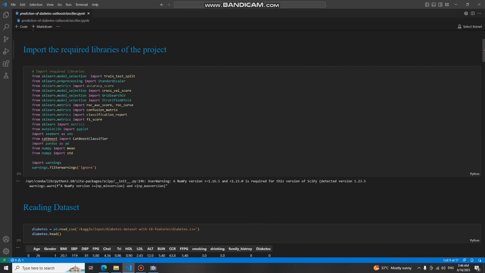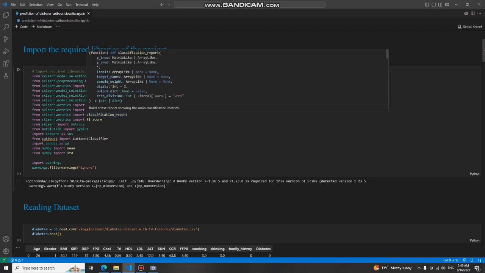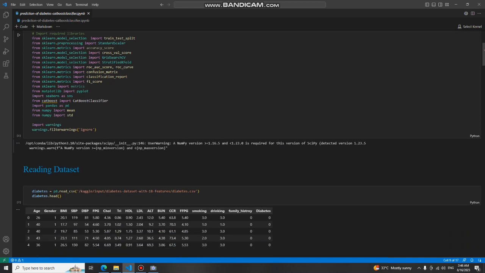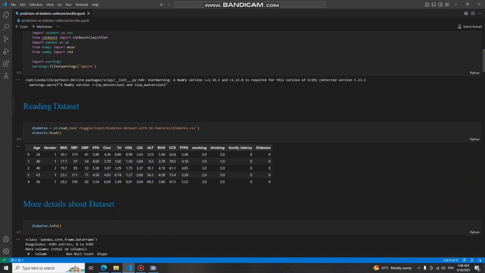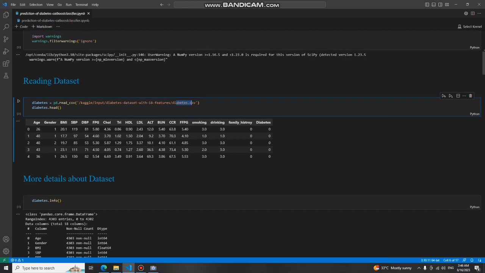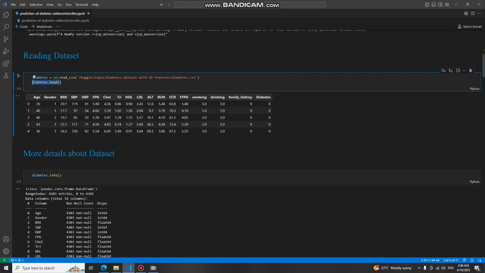The first one is importing the required libraries. Importing the necessary libraries including scikit-learn, CatBoost Classifier, Pandas, NumPy, and visualization tools like Matplotlib and Seaborn. It also suppresses warnings for cleaner output. And also reading the dataset from the Kaggle input, which is the diabetes.csv file, and reading the first 5 rows of the data, the code